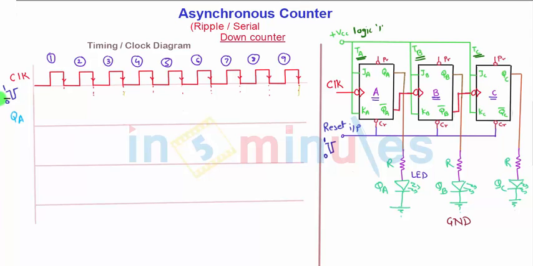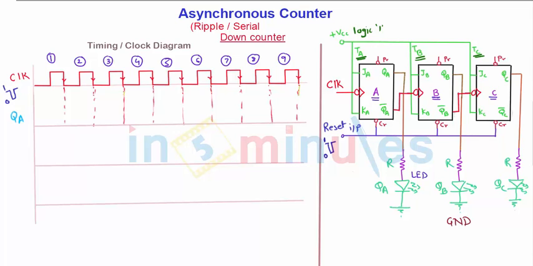So for the very first clock pulse, QA will be 0. And at what position QA will change, you can see easily here: this bubbled input for the clock will indicate that QA will be changing on the falling edge. So first of all, I will identify all the falling edges that I have already done here. So this is going to be the falling edge for second, third, fourth, fifth, sixth, 7, 8 and 9.